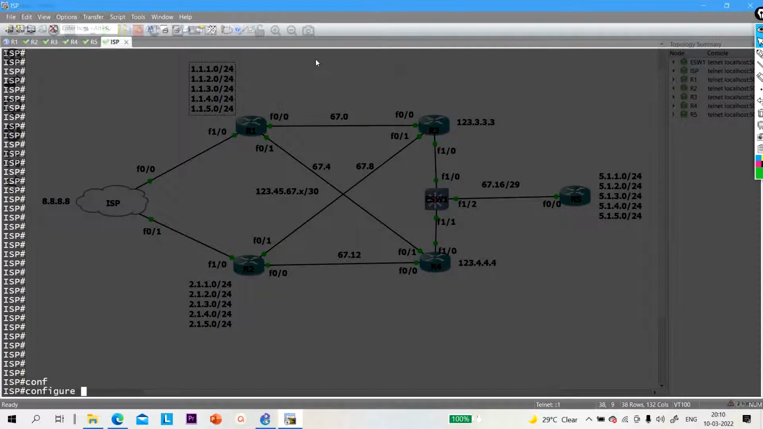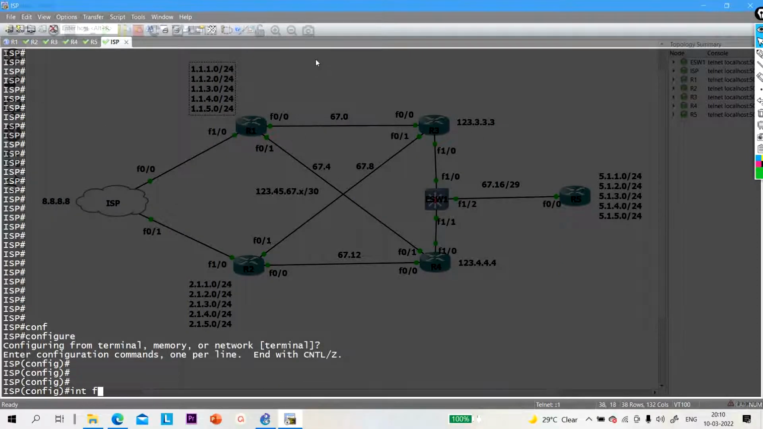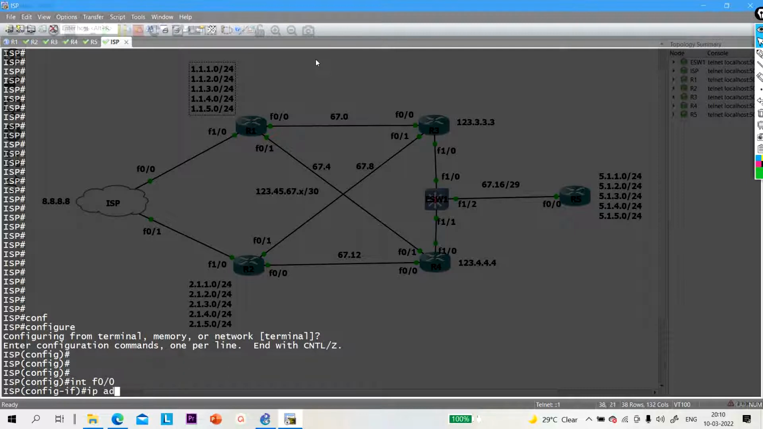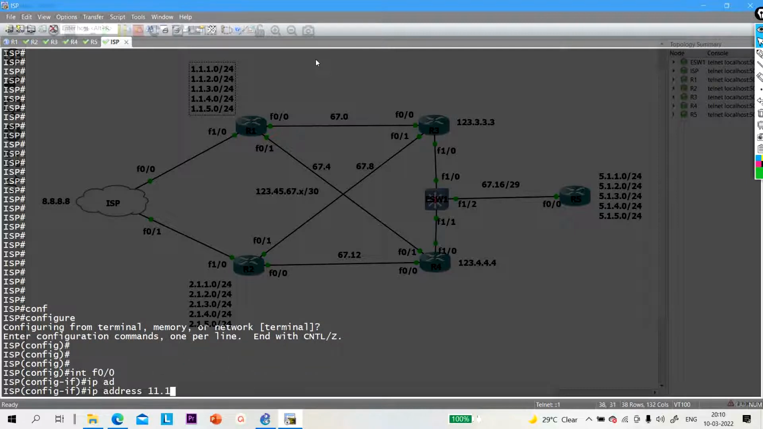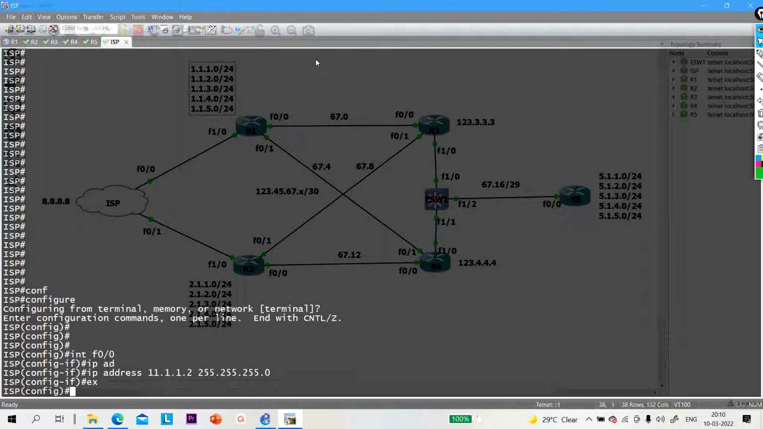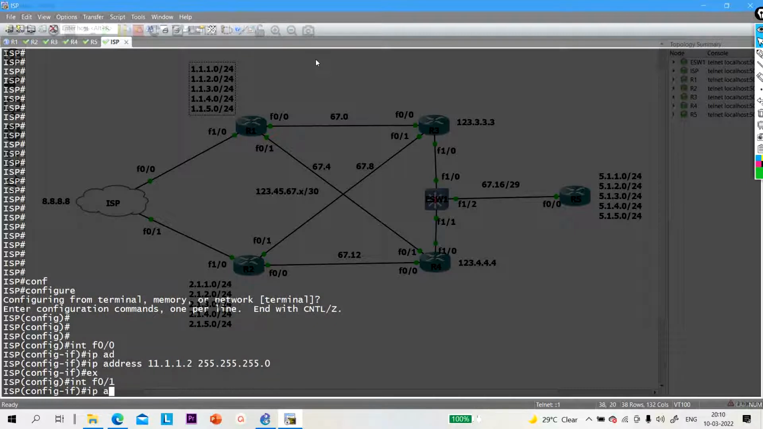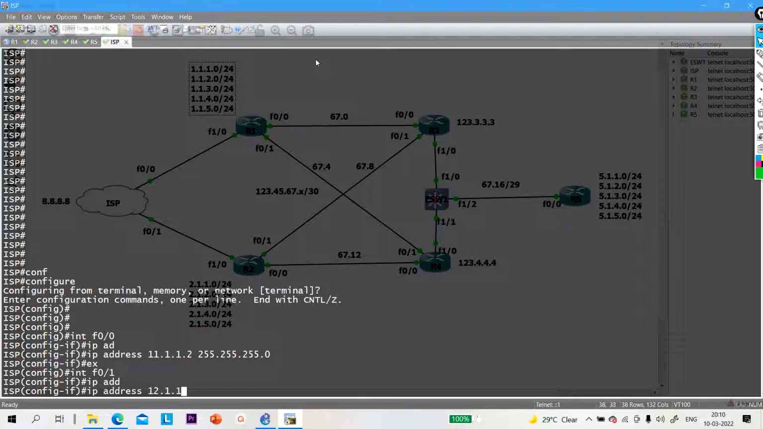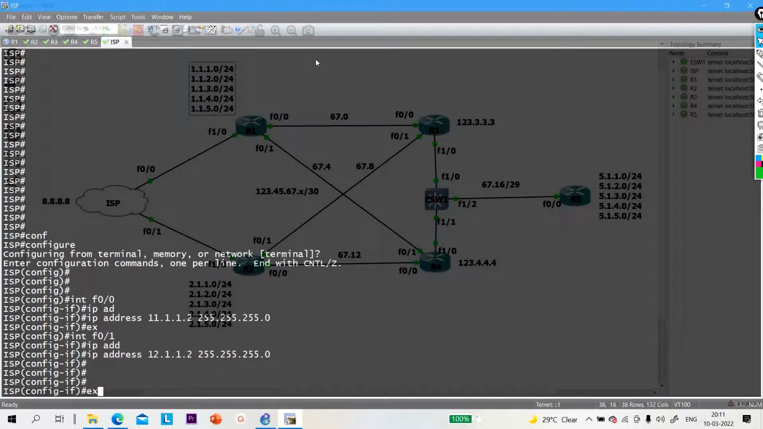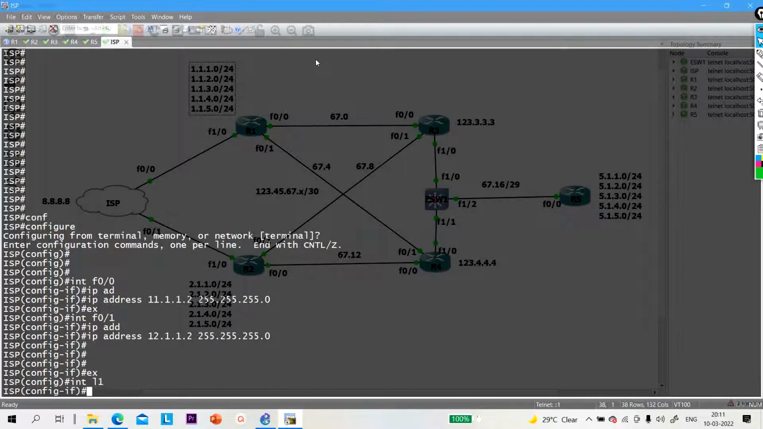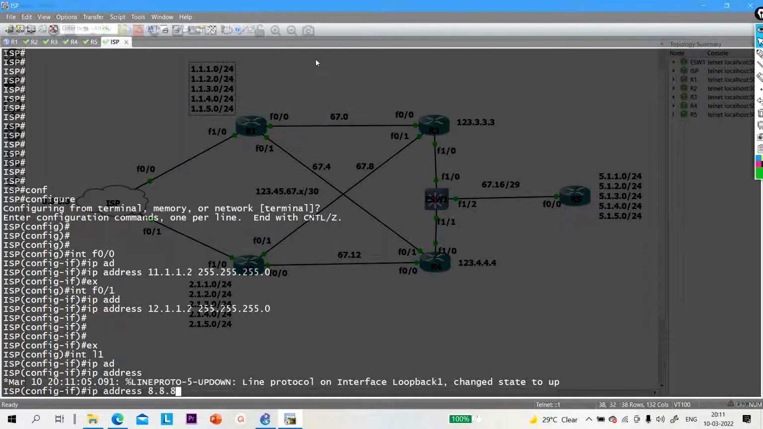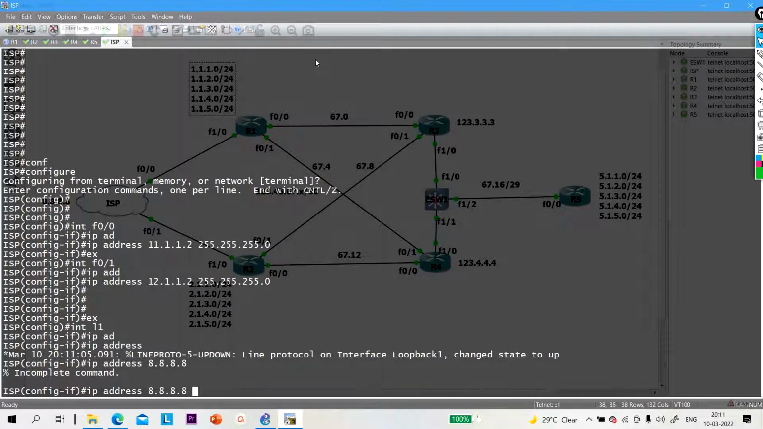So go to configure terminal mode, interface F0/0, IP address. Suppose here I am running network 11.1.1.0. So I will configure it on this interface, 255.255.255.0, exit, and interface FastEthernet 0/1. Here I am running IP address 12.1.1.2, okay, exit, interface loopback 1 and IP address is 8.8.8.8, subnet mask is